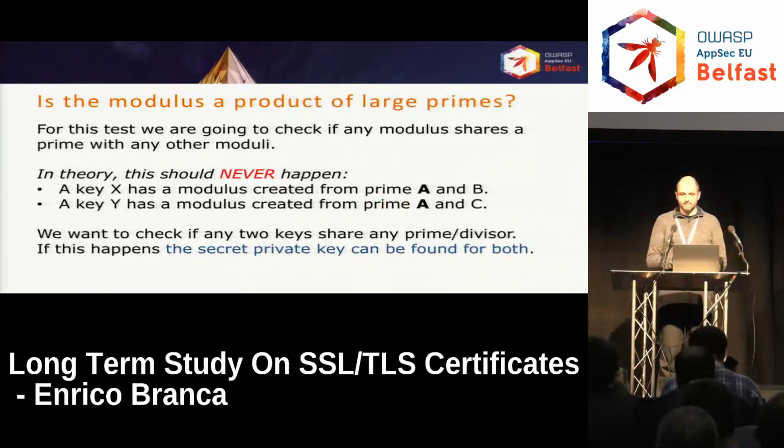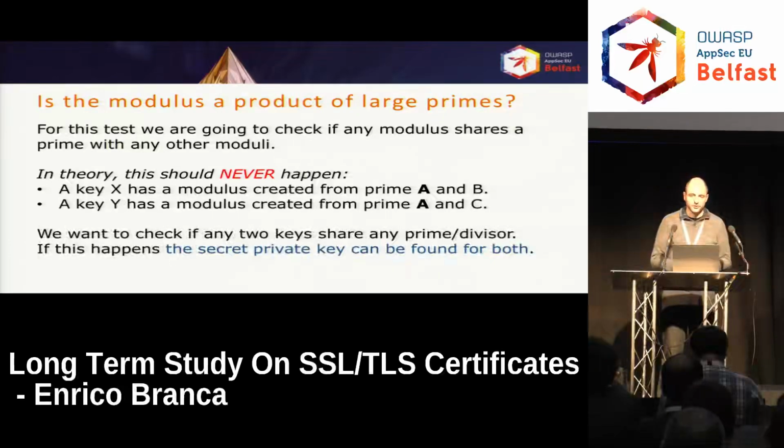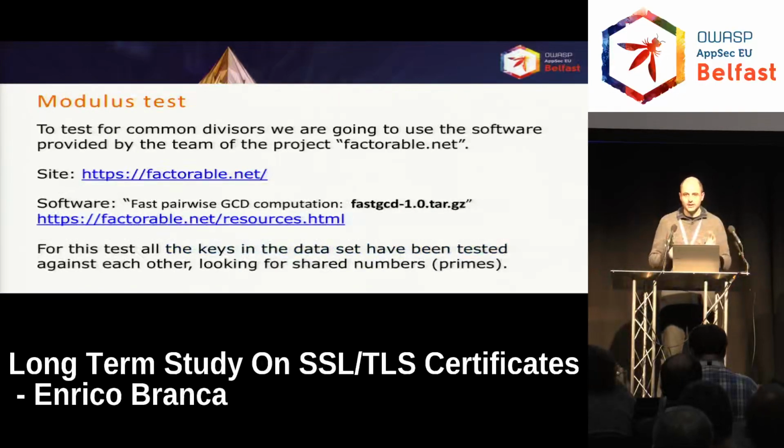Now, how do we test for the shared number? Simple. We take the key and we divide each key by any other key. If we are able to find keys that have shared numbers, then it means that any key that has such a number is not valid, because you can reverse the process, as we have seen before, and from the public key, you can recreate the private key. So it means there is no encryption security anymore. Nothing related to security is there anymore.